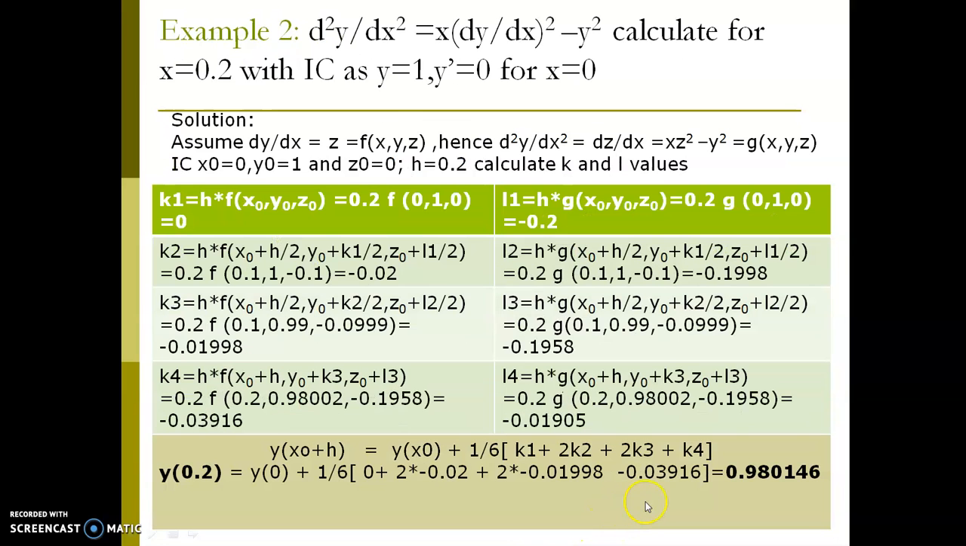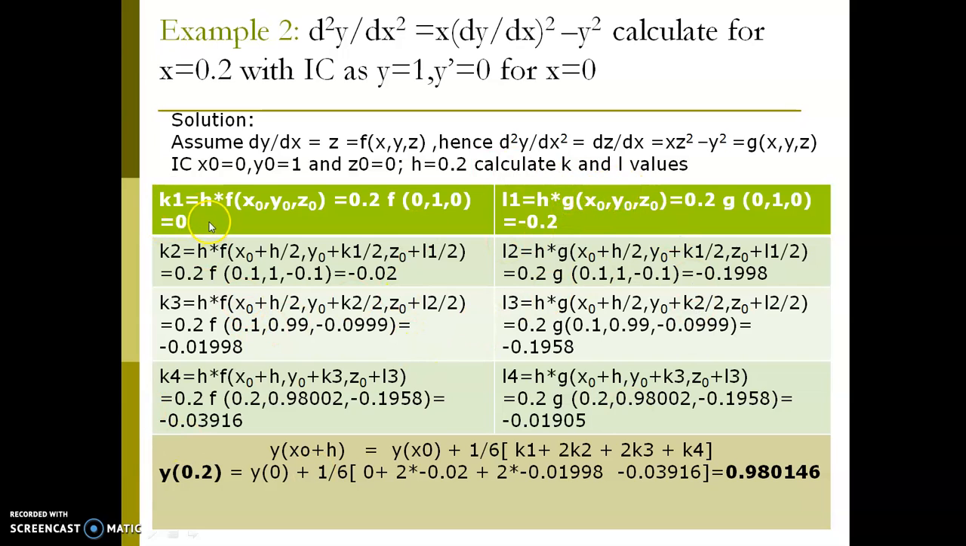There is another example which also is solved on the same lines. I will be showing and explaining you how we have split this equation again. The first equation is always dy by dx equal to z, which becomes the first function, whereas d square y by dx square, when we rearrange this x into z square minus y square, becomes the second function. Our h value becomes 0.2 because we are deciding to do all this into single step and calculate k and